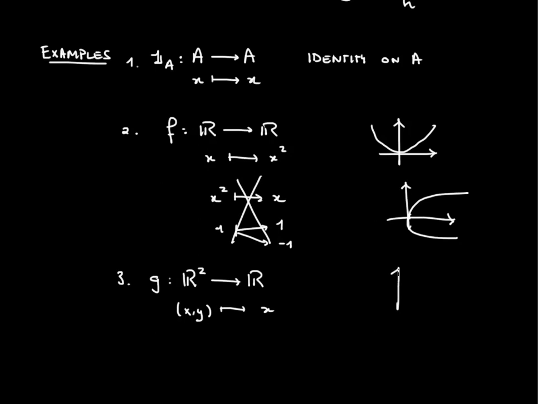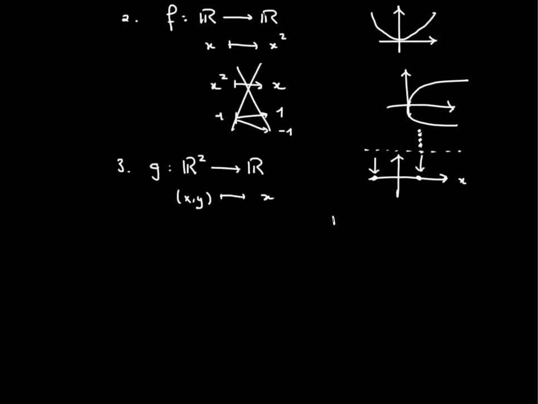And this means that we take all of the elements, let's say on this line, and we send them to one point on the x-axis. Okay, so all of these points would be mapped to the x-axis. Okay, and all of the points on a vertical line would be sent to the same point on the x-axis. So this would be the projection